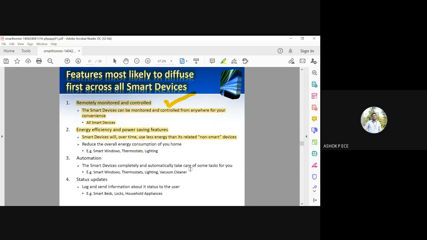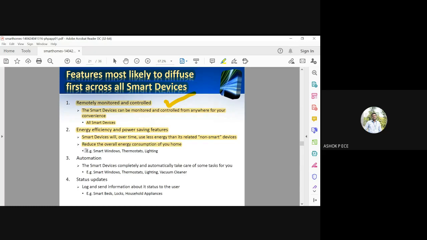So definitely you can see that there is variable power usage. It is not going to constantly emit the maximum amount of brightness always. No, it is going to emit the brightness depending on the number of people. So definitely, if you take the average power, it will be very, very less for smart devices and very, very large for non-smart devices. That is what they are saying here. So reduce the overall energy consumption of your house, and your electricity bill will become less.